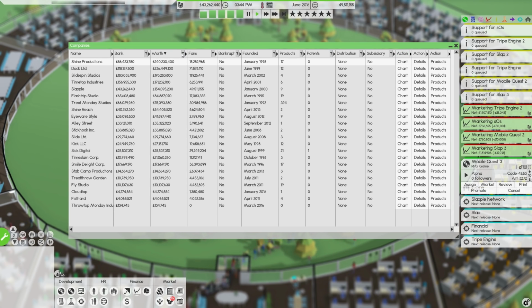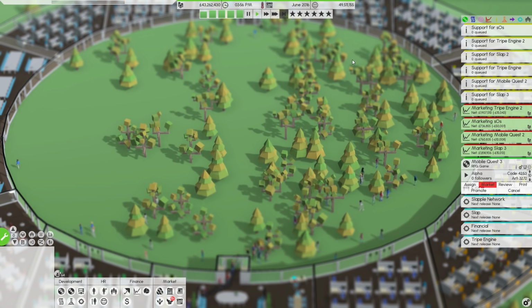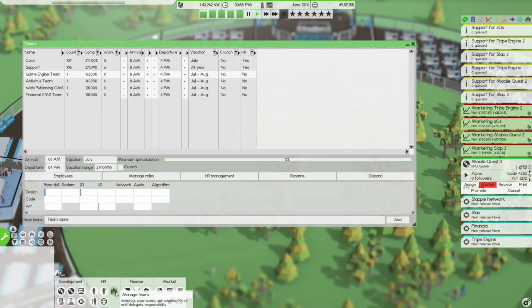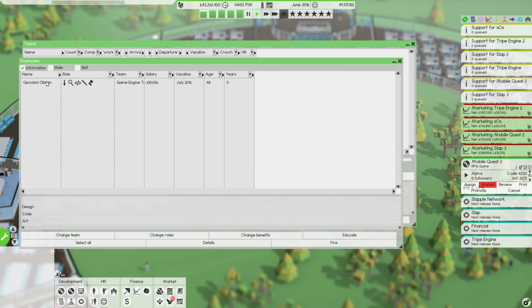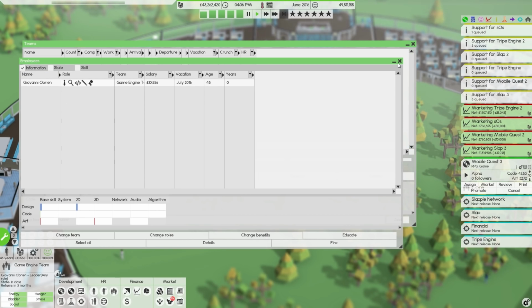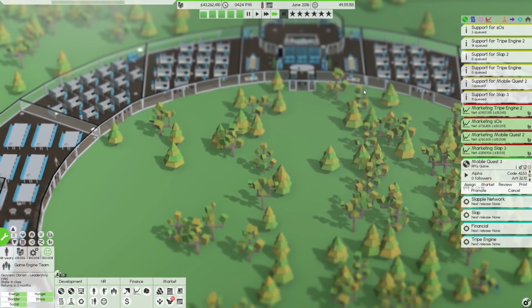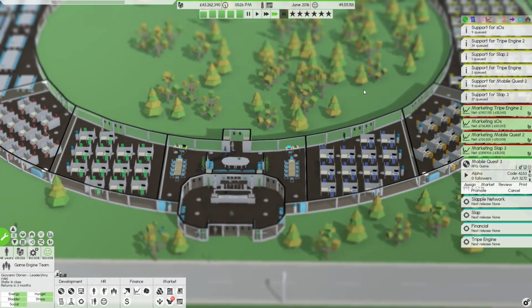Now, obviously, we have just got their company to be worth a heck of a lot more, right? They've suddenly become very, very valuable. And we suddenly have very little money in the bank. But I think that's okay, because we are working towards that end goal of buying out their company. It's also 3 months until these new leaders get back. So I guess we have some waiting to do.